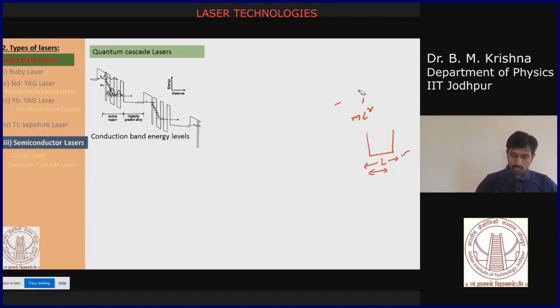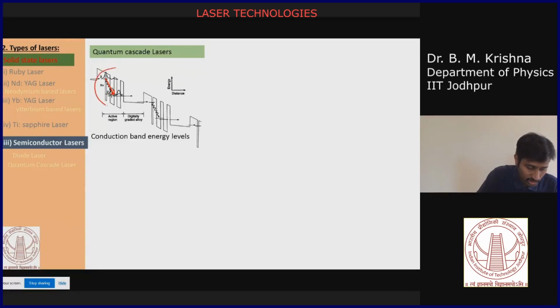Okay, so now what I am showing here is only about the conduction band energy levels. When you apply the bias, the electron is tunneling through in such a way that you create an active region where you have high energy levels and lower energy levels, and you have transitions, because an electron moving through a potential gains energy. Once it reaches the energy, you have a transition from level 3 to level 2. Now 2 to 1, it's a lower state, so the electron will go to the lower state without emitting a photon. So it releases as a non-radiative decay. So now the electron is in level 1.